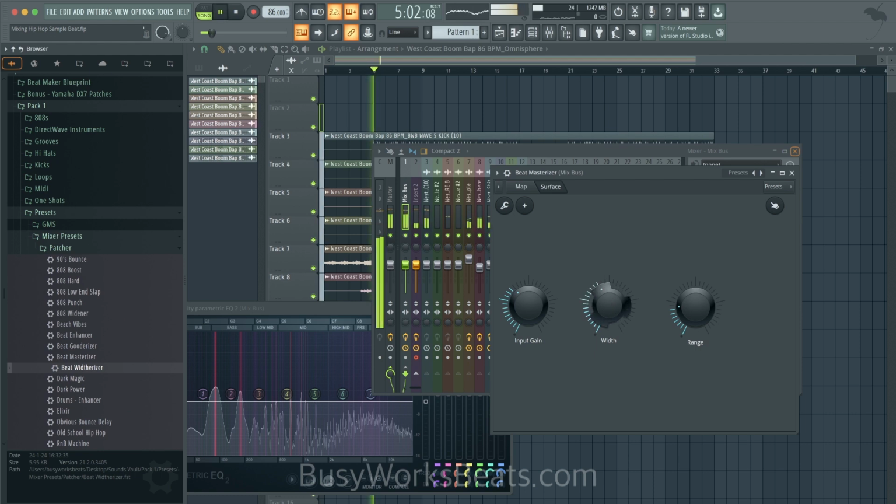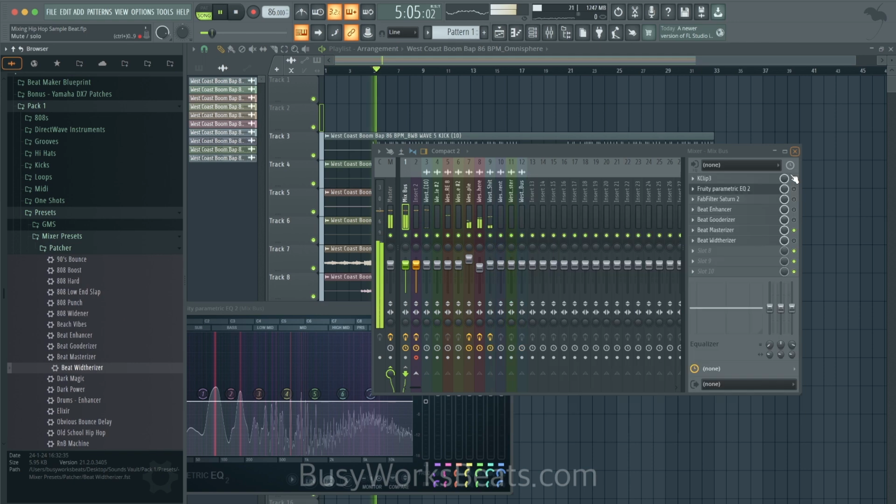Just turn this up and then mess with the range. It adds a nice image to your beat. It's like now you can feel the beat almost like it's 3D. Here's before. Here's after.